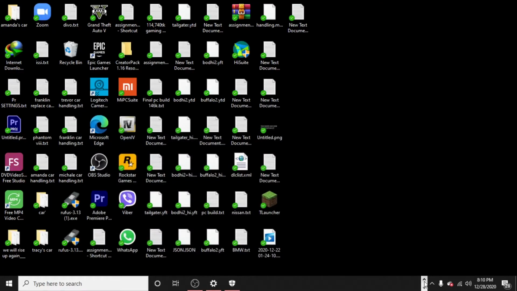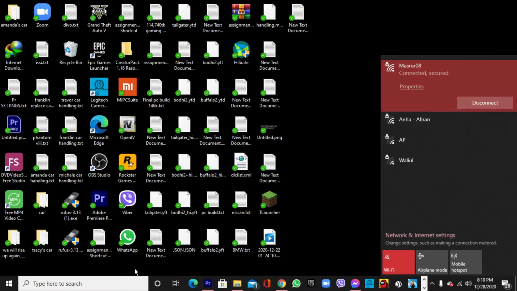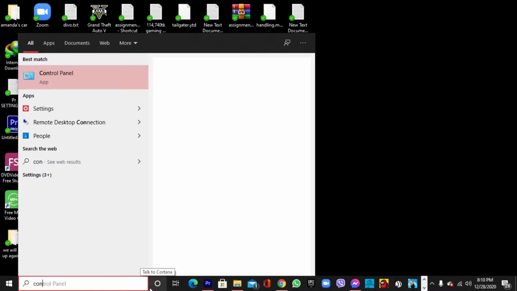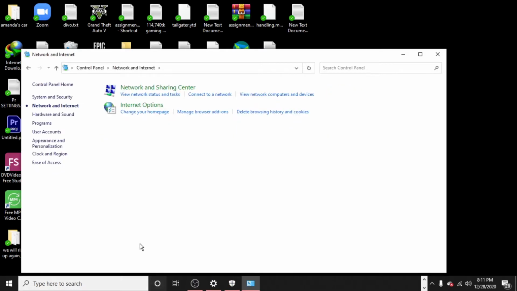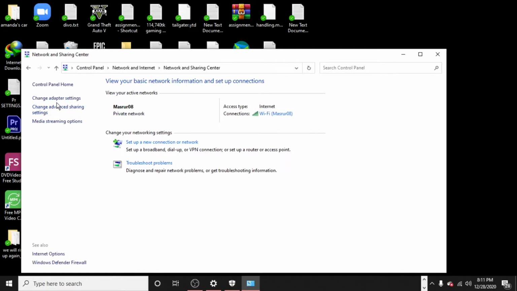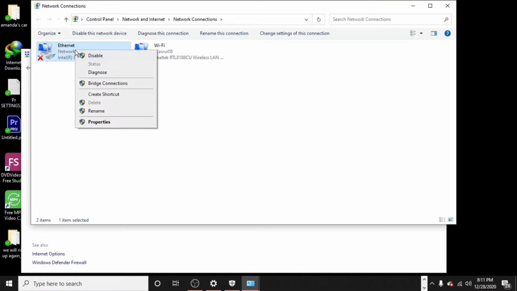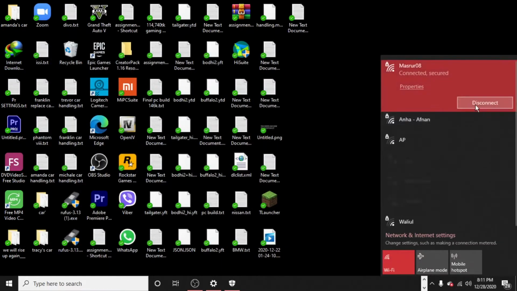And guys, now you have to turn off your Wi-Fi or Ethernet. If you are using Wi-Fi, just click this, just disconnect it from here. And if you are using an Ethernet cable, just click here, search control panel, click open, click network and internet, click network and sharing center, click change adapter settings. And guys, if you are using an Ethernet cable, just right click this and click disable. But if you are using Wi-Fi like me, click this and then click disconnect,